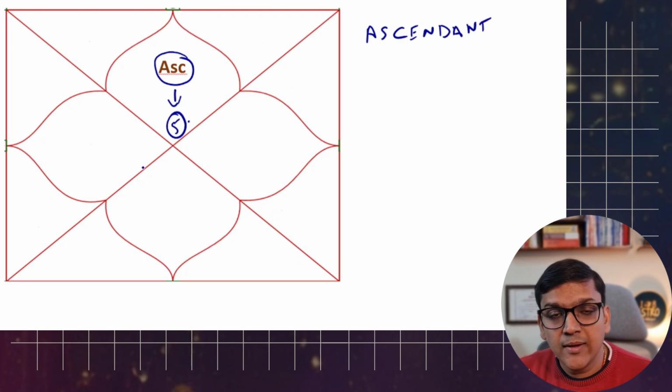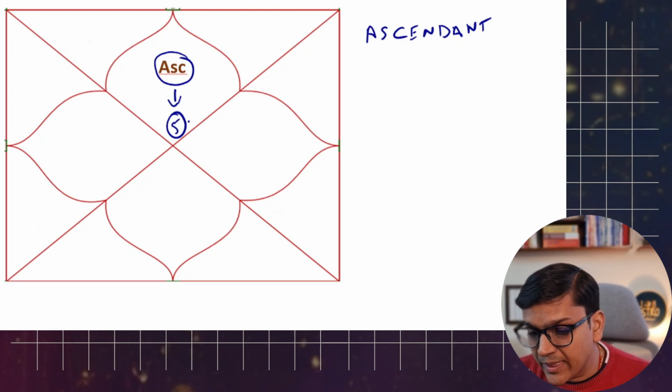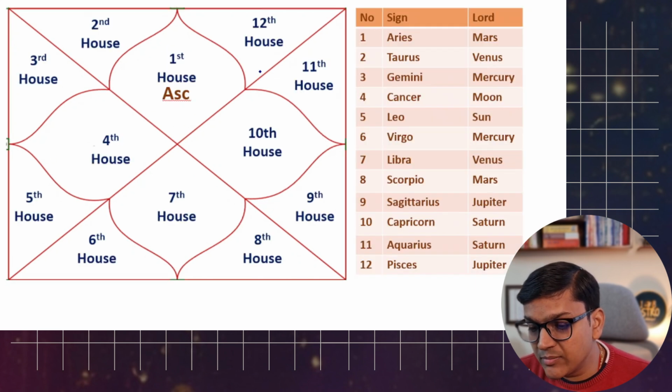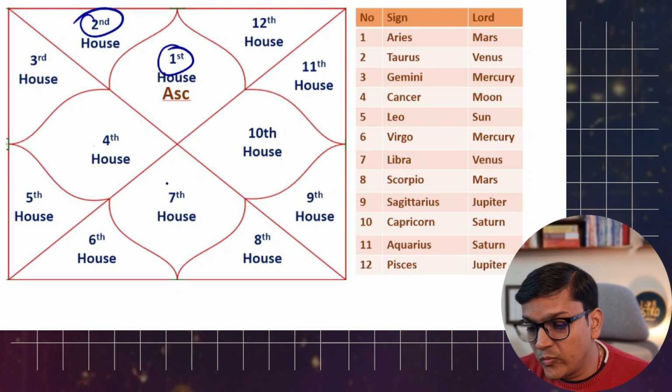Then you need to see where the Ketu is placed. Where Ketu is placed is the house number. Now every house in a horoscope has a fixed number. What is the fixed number is, if you see on my screen, this will always be the first house. Similarly, this will always be the second house, and so on. So where Ketu is placed. So suppose Ketu is placed in your 7th house.